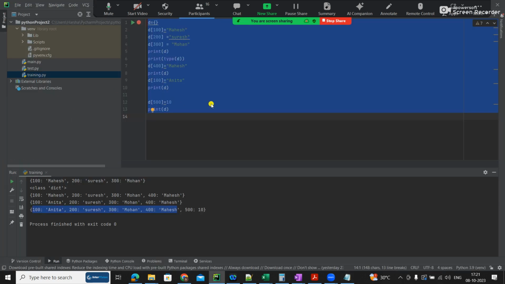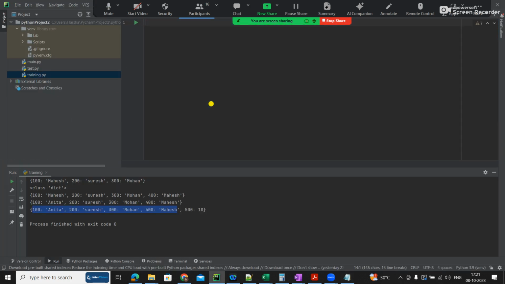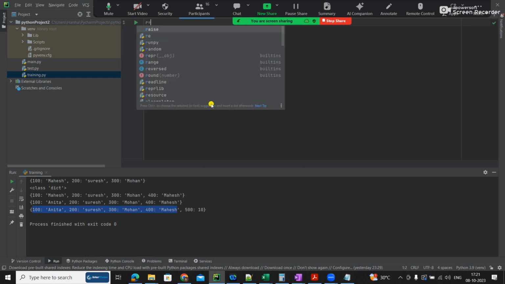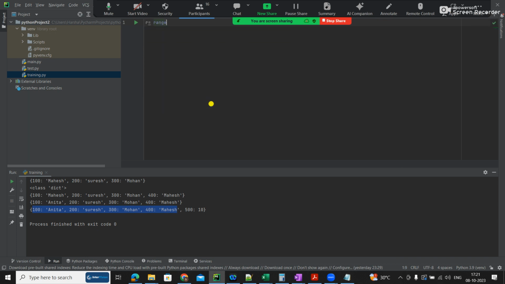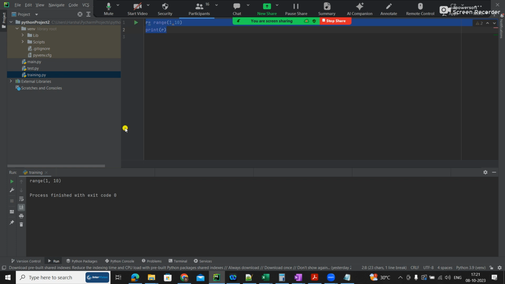So now range, let us take the simple example: r equal to range of 1 comma 10, and I'll just try to print r. Will I get 1 to 9?